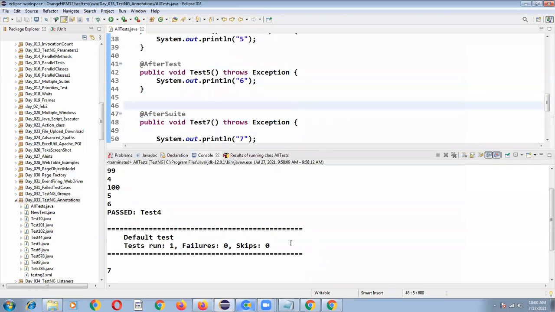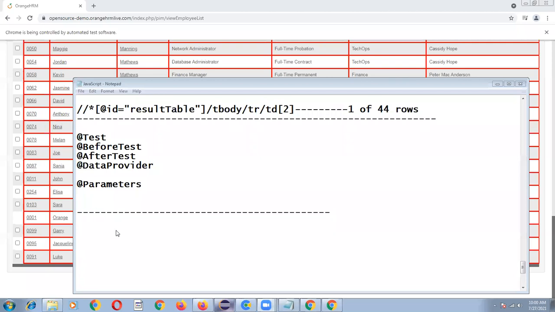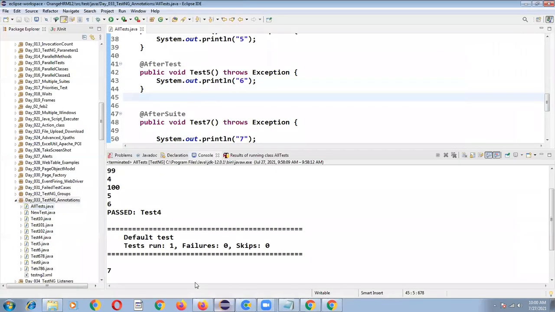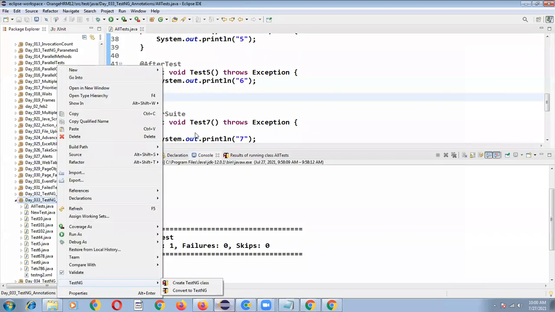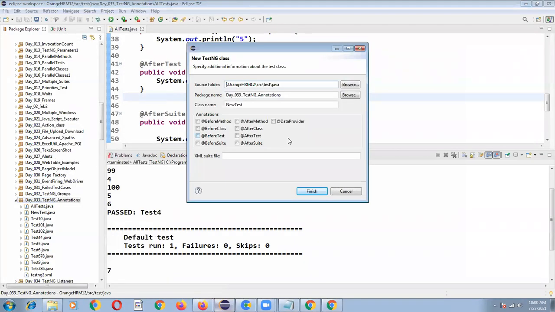In almost all interviews people ask, what are the annotation tags that you know, and in which order will they be executed? Generally people use @BeforeTest, @AfterTest and @Test, this combination only.